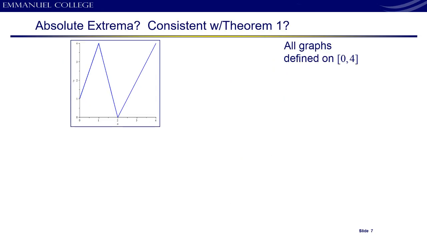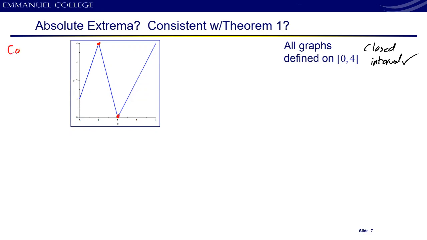So let's see, are these graphs consistent with theorem 1? They're all defined on 0, 4. So we have the closed interval. All of them are going to have a closed interval, so that's pretty nice. So then if we look at the absolute extrema for this one, well, I have one there, and I have one there. The function was continuous,